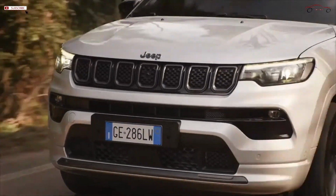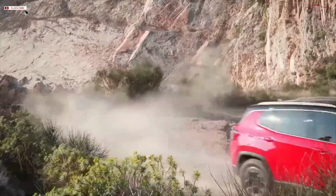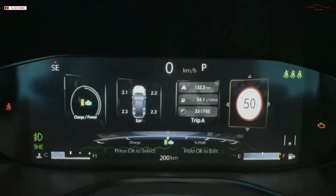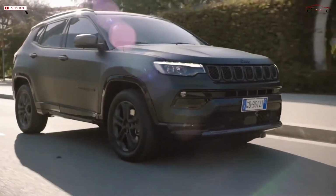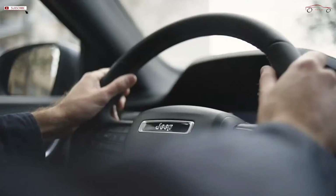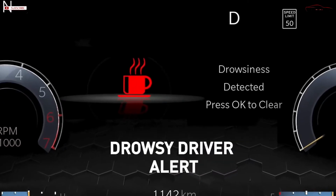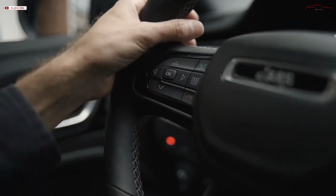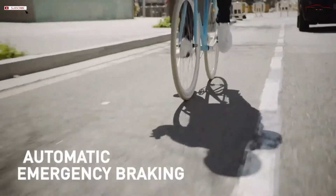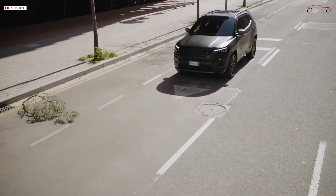Maximum attention to safety on the new Jeep Compass with the latest generation ADAS system, including as standard across the lineup, traffic sign recognition, which reads and interprets the road signs, intelligent speed assist, which automatically keeps the car within the speed limit advertised, drowsy driver alert, which alerts the driver when fatigue makes their attention falter, and automatic emergency braking with pedestrian and cyclist recognition, which slows the vehicle down to a complete stop to avoid or mitigate accidents